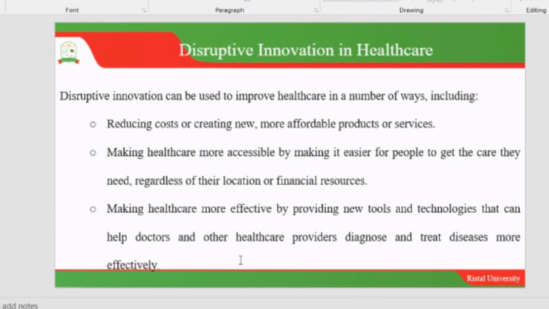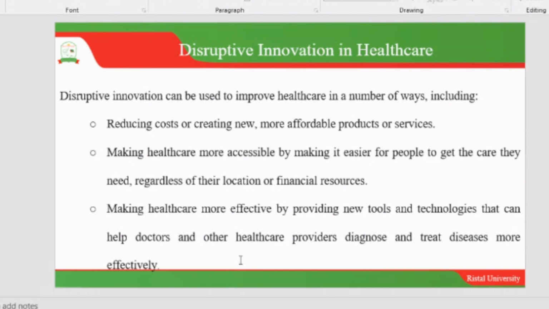Here we look at examples like minimally invasive surgery, where doctors no longer have to cut a wide area on a patient, but they can use those cameras to go in and see what is wrong and repair it using a very simple incision, okay? Go in with that camera, it is able to show on the screen what is wrong,